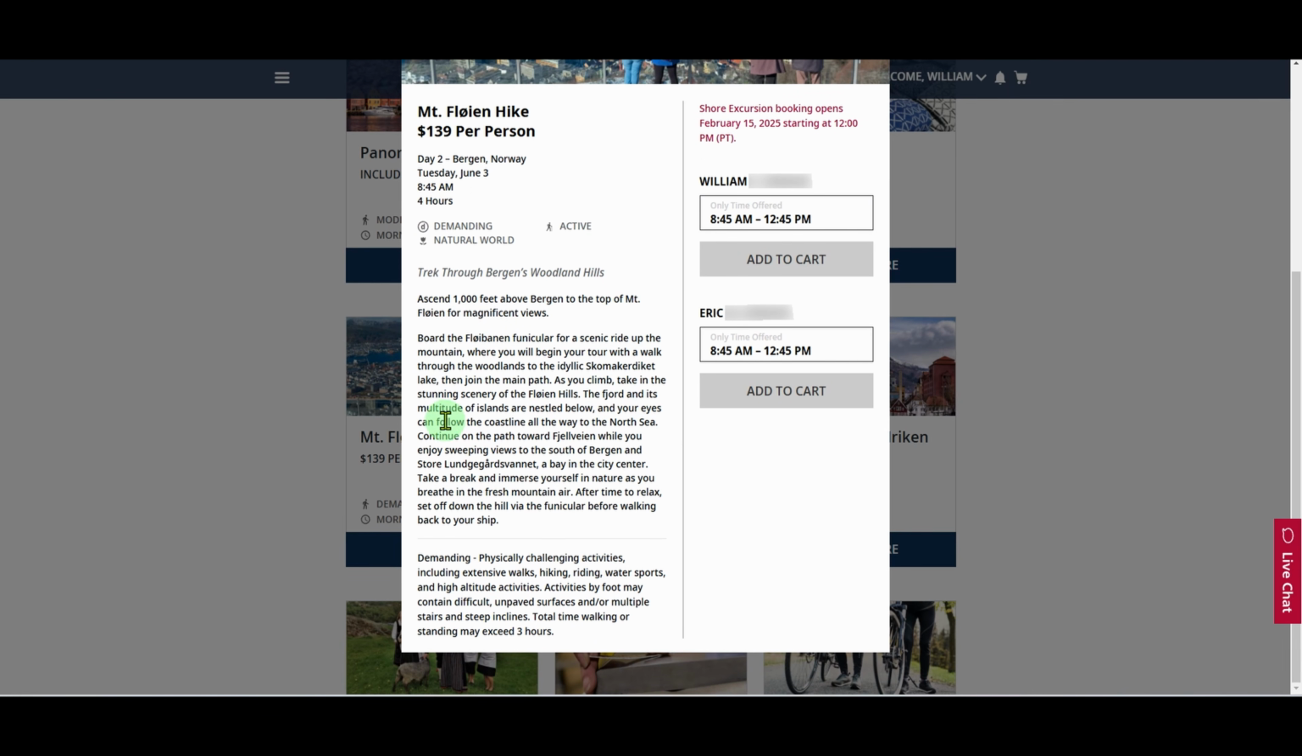You have a description right here. It also tells you what demanding means for Viking, but sometimes Viking's description of demanding isn't always accurate. You can select add to cart for person number 1 here and person number 2 here. If only one person wants to do it, you can select that person to do this excursion, and the second person can go do a completely different excursion if they so choose. It also tells you up here when excursion booking actually opens. As you can see,